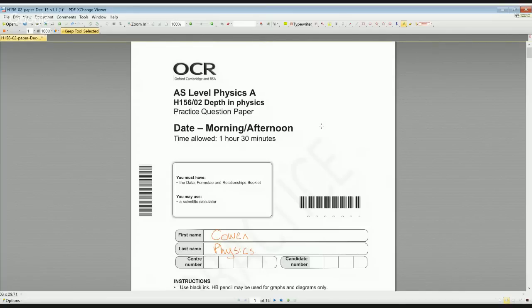Yes, this is the Depth in Physics practice paper. This was an absolute killer paper. Hopefully the real thing won't be quite as bad. The mark scheme in particular is really quite